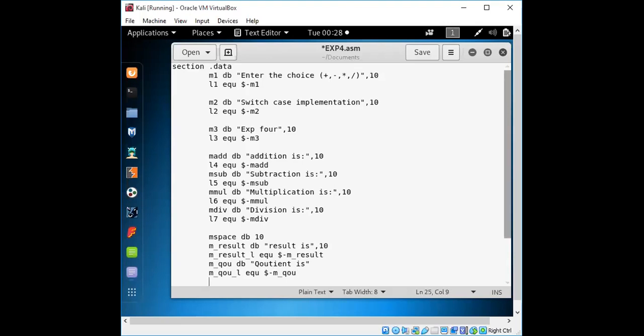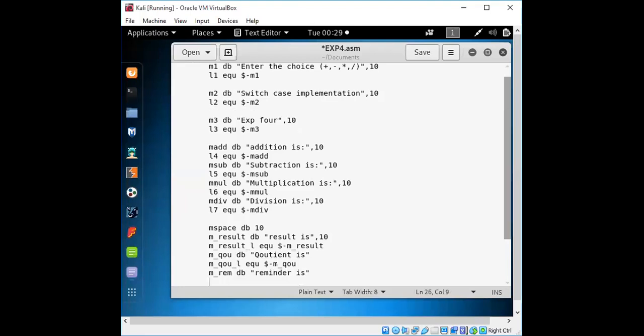Right, so it will be for quotient, the same it will be then for remainder, we'll take it as, okay, REM into remainder with it.